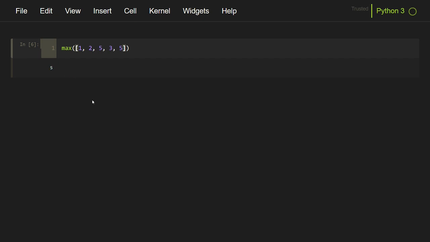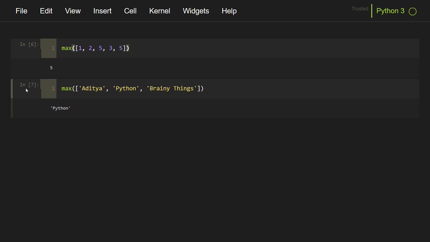Note that in this case, although it is hard to tell, the answer returned is this element and not this element, because this is the first maximum element found. We can also pass an iterable of strings like this. I will pass some strings inside this list, Python, and brainy things. In this case, max function will return the string which is the last if we arrange the elements in an alphabetical order. So this will return Python, as in a dictionary order, Python will come last.